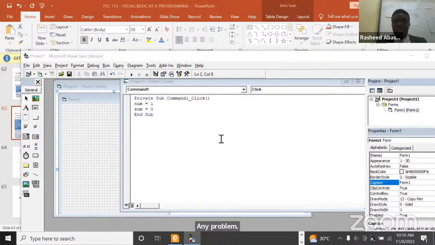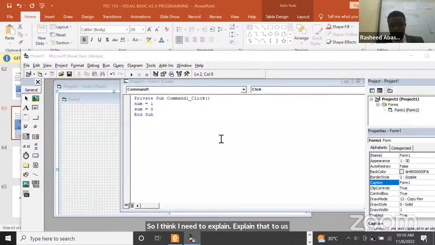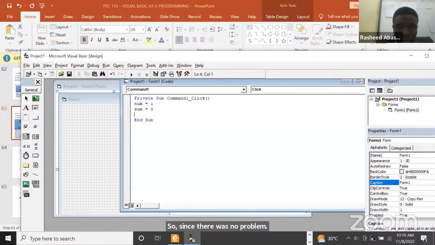Then there's something I still want to explain, how you would answer the questions in your logbook. So I think I need to explain that to us. So since there's no problem, so do while